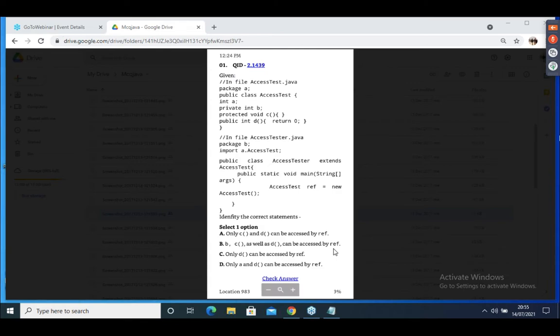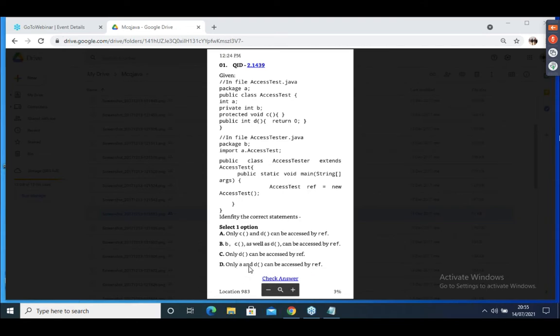Exactly correct. C as well as D can be accessed. B is not possible because it is private. Only D can be accessed by a reference, but C is also possible because the main method is present in the same class, the access tester, which is the child of that one.